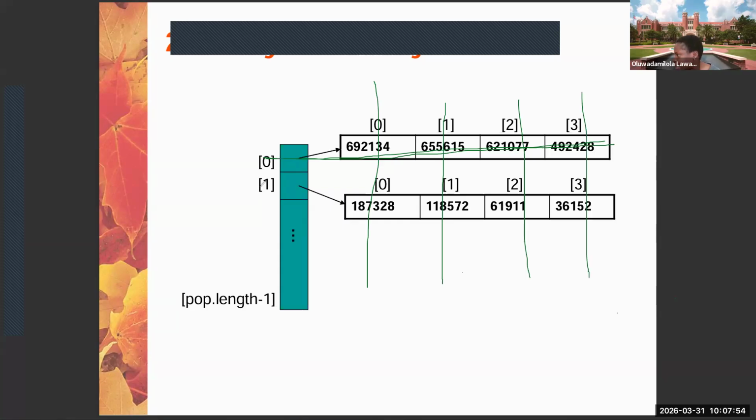At index 0 for the row, index 0 for the column, this is the value that is stored in this specific index. At index 0 for the row and index 1 for the column,